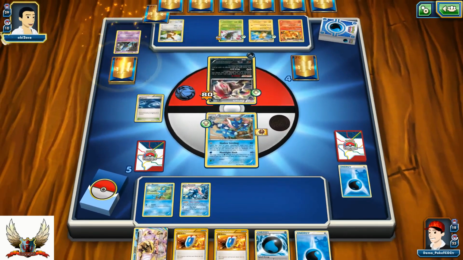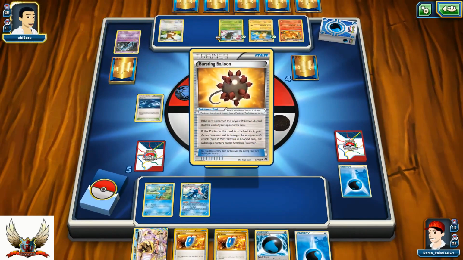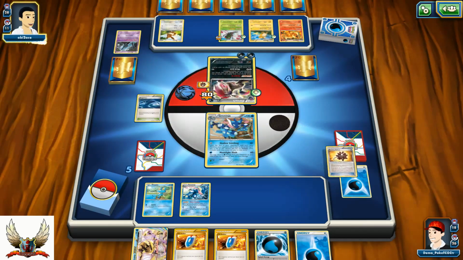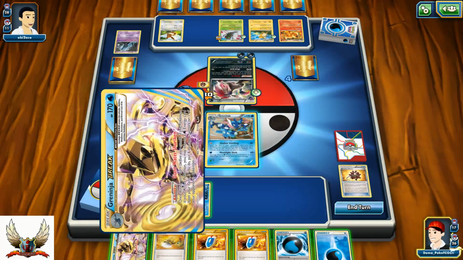There we go with an Anon. So Zoroark right now cannot hit for too much. It can hit for a maximum of 70, and he will knock himself out. So the best thing for my opponent would be to promote his Yanmega into the active spot. I don't know why he didn't do that, because with Yanmega he would be able to knock out my Greninja, exchange prize for prize, and maybe promote something like Eevee or even better Flareon into the active spot. So he just decided to pass his turn. I'm kind of surprised right there,